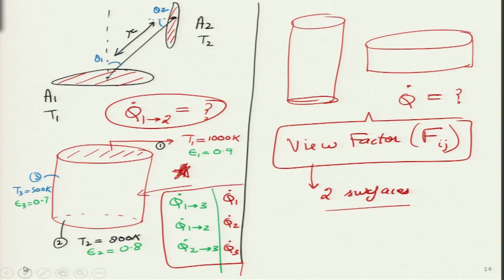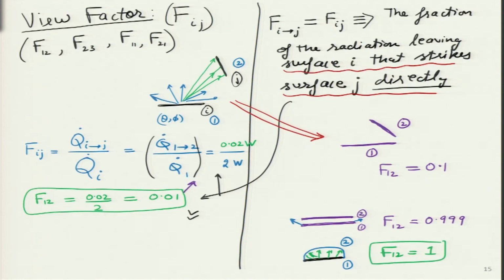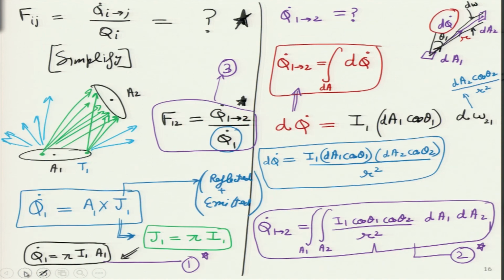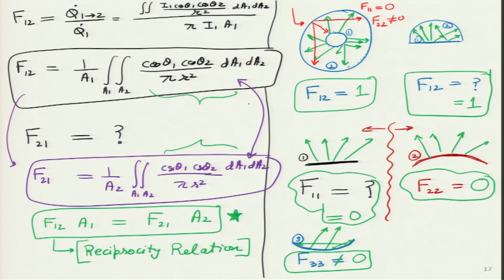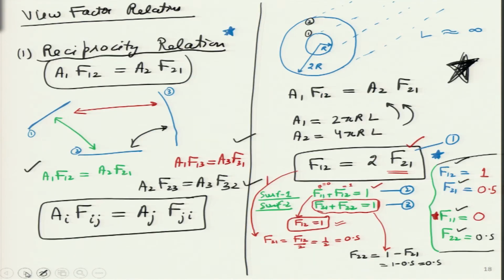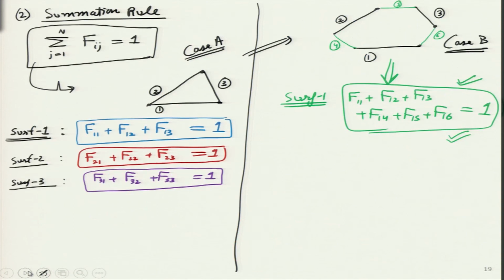So, we looked into the detailed definition of the view factor Fij, we did some particular analysis, and looked at the relationship that we are able to obtain. One very complicated equation we looked at over here, but when we started looking at the relations between the view factors like the reciprocity relation given over here, and we looked at the symmetry rule, then we figured out that these relations make things very convenient and very simple.